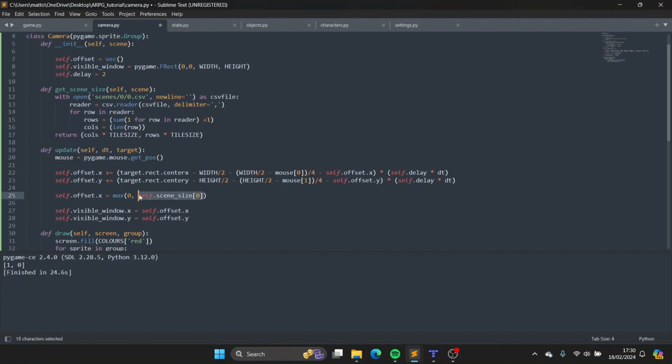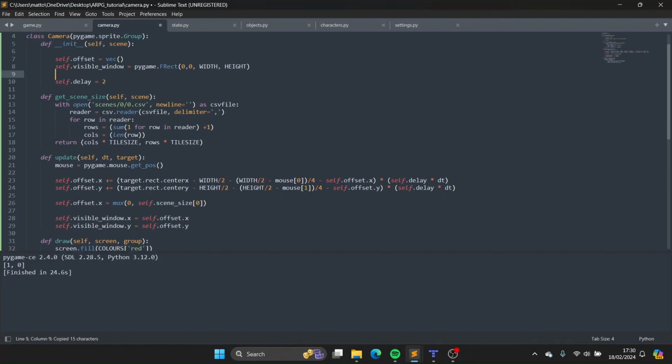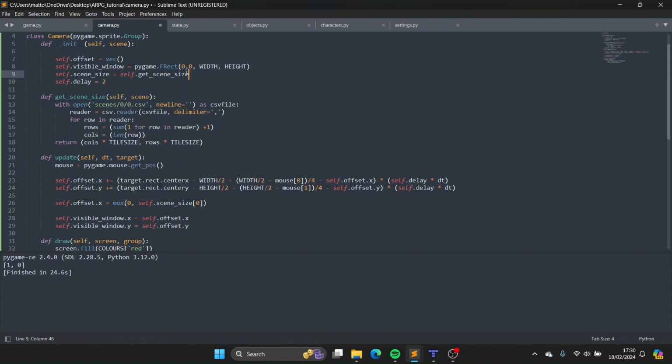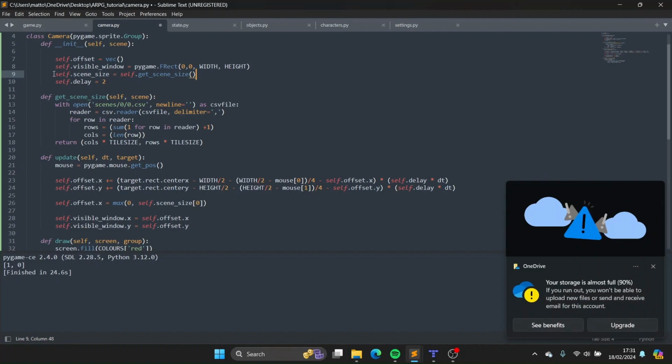Firstly, I'm going to create this as a variable because it's not going to change. Let's put it here. Self.scene size is equal to, wouldn't have worked anyway, as I called it get scene size. So now I can call it just from this variable. It's already initialized here, which I think saves some